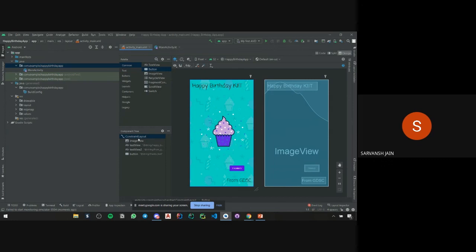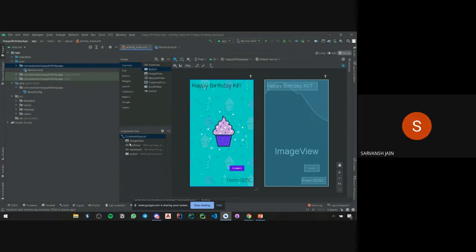Most probably you would have jumbled this, or you would not have imported the picture. Did you import the picture in the resource manager, and select it and drop it here, or not? No, it's actually showing in the component tree. All the four things which I have added are in the same order, but all the things are there except the image. What's being shown in place of the image? Nothing. It's a white screen, the happy birthday button, and that last part is also not there.